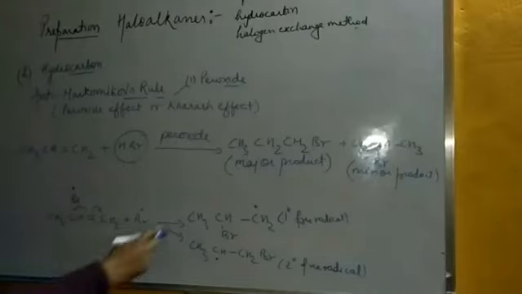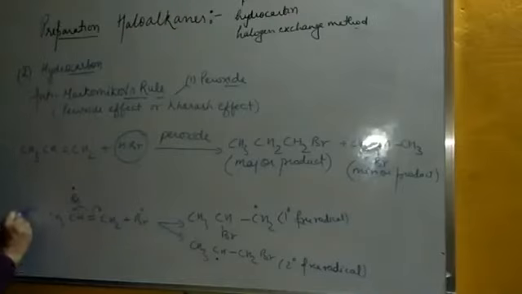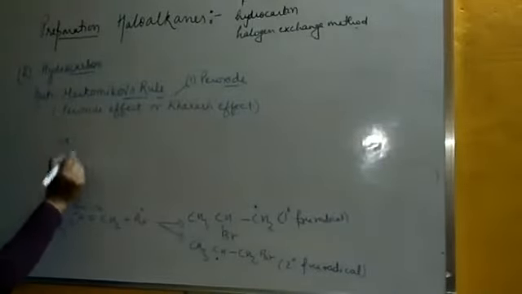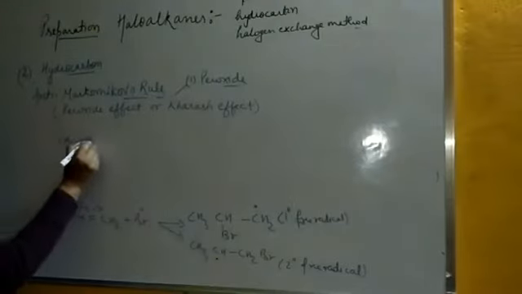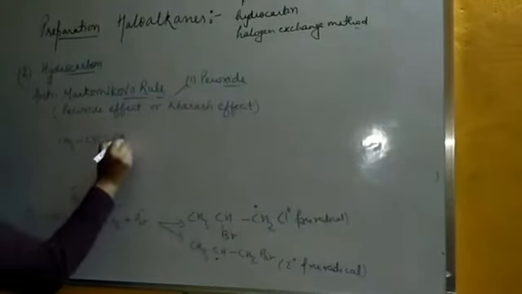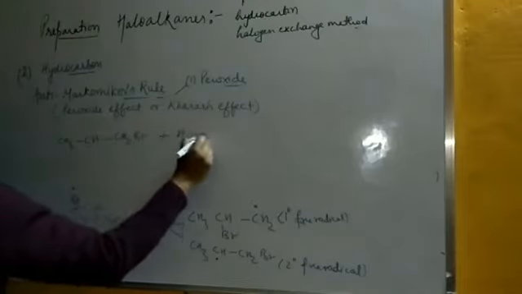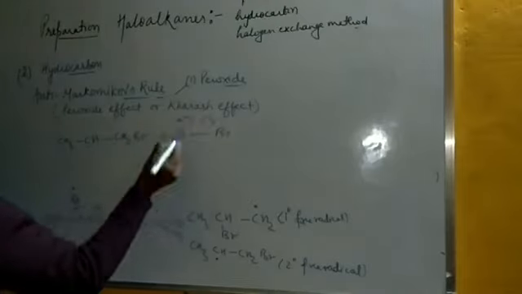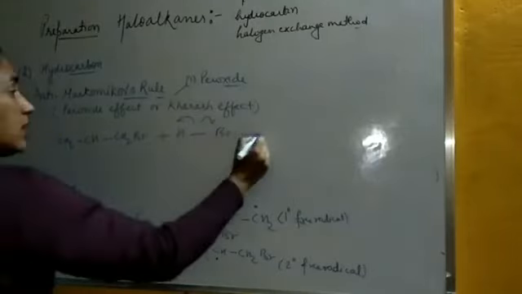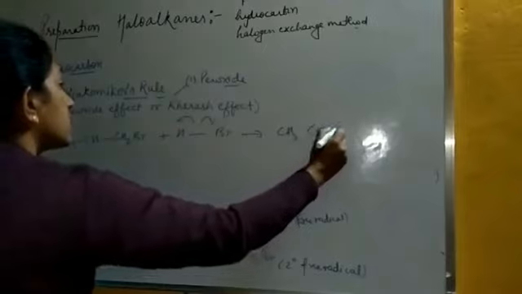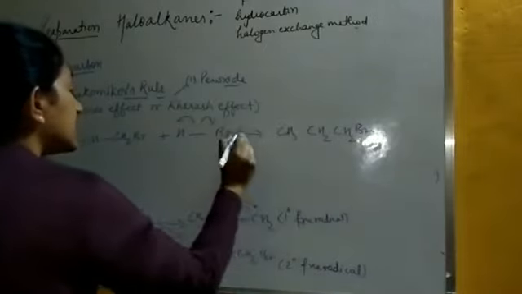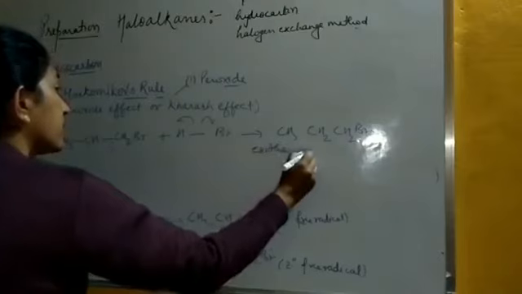And the next step, students, this was the step I was talking about, why we are taking HBr only. The second step, what will it be after this? If it is a secondary free radical, we will take the stable one, so we are getting this. Here again the H-Br homolytic cleavage will take place, and the free radical is formed here, CH3CH2Br. This step is again exothermic for bromine.